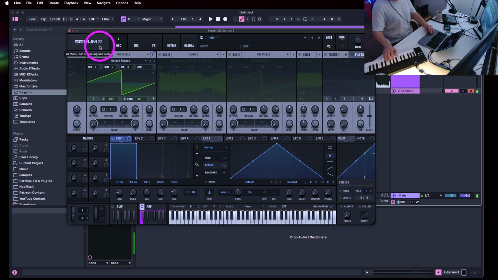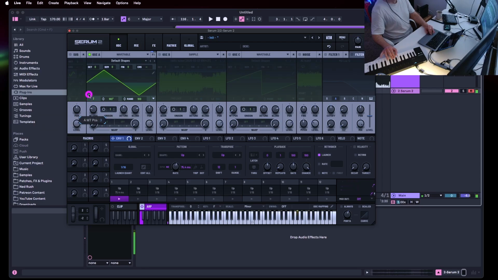It's just a saw wave, but let's see what other shapes they've got. That's pretty good, isn't it? You can make it a bit generative by mapping the LFOs to the shift amount and the range amount, and then it has this chance as well, which is quite cool. Have we made that infinite?